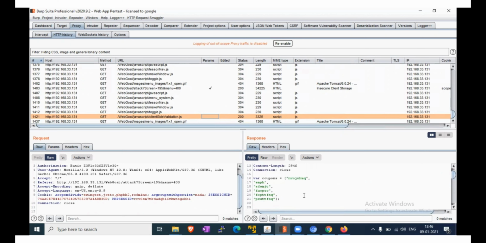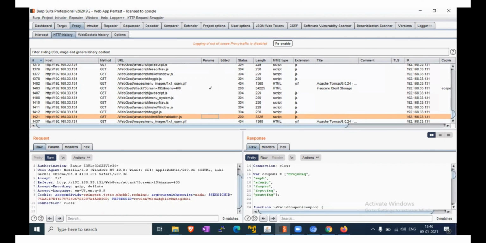The coupon codes are hard coded within the JavaScript file. However, they are used literally, so they will not work. So mainly, we have checked the response of the client side validation JS file, and the coupon codes are here.